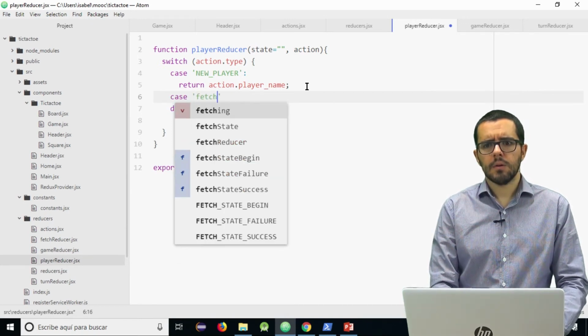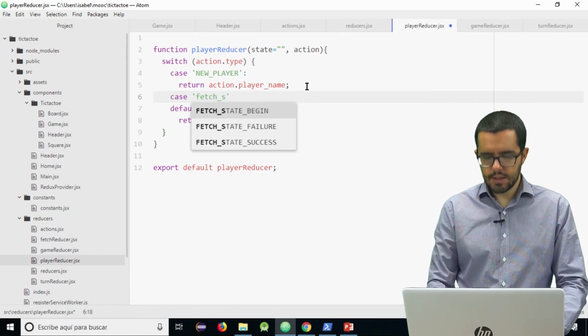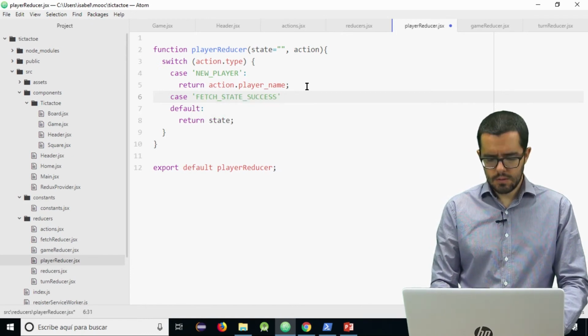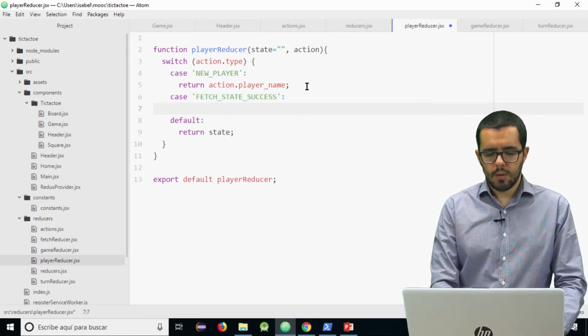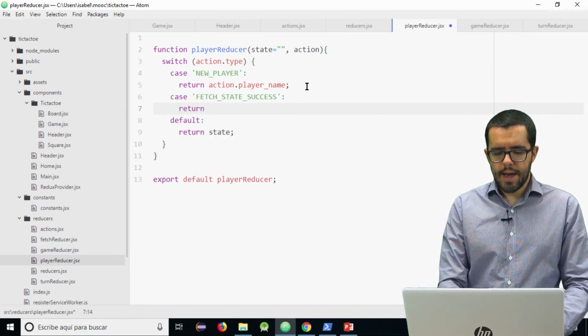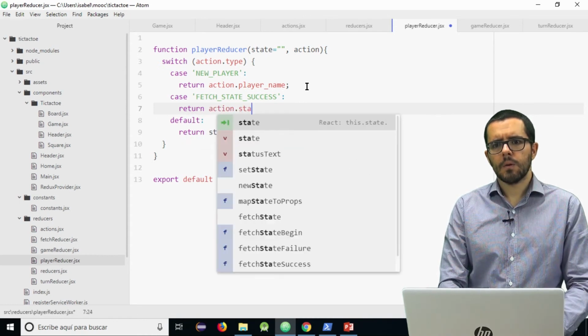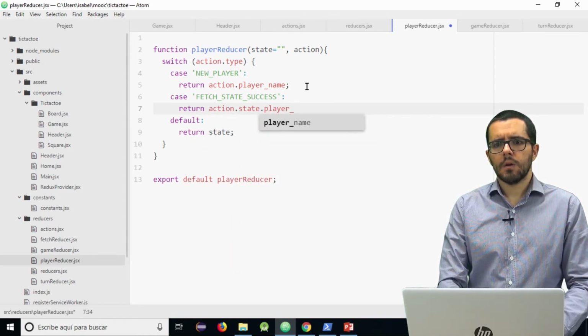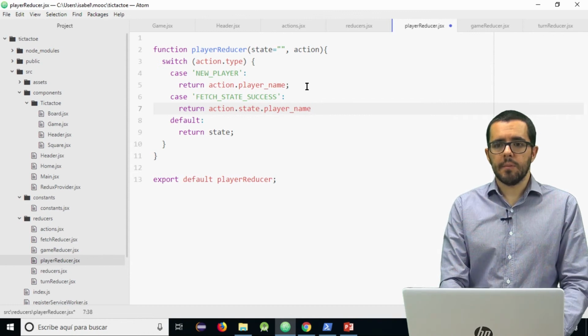Case FETCH_STATE_SUCCESS. We are going to return action.state.playerName.